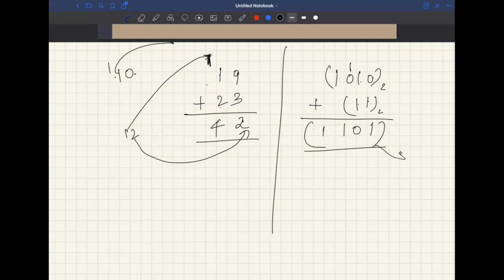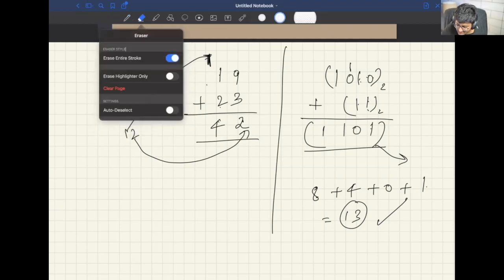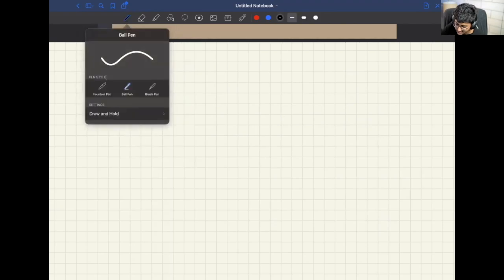And if we convert this into decimal, so 1 plus 0 plus 4 plus 8. Isn't this 13? And 10 plus 3 is what? 13? Correct? Sound good? Okay. I'm sorry about getting too much into this. I assure you we can do more sessions in the future. But I don't really like when a doubt is left unresolved. Last thing in this, and then we can move on to the question part.